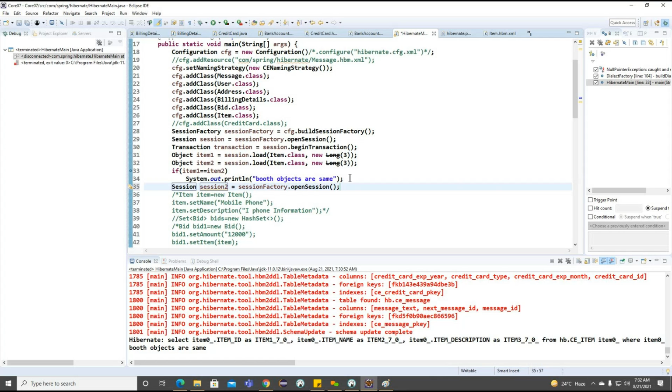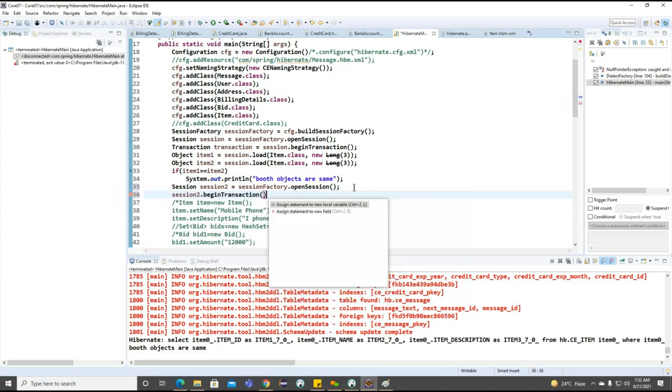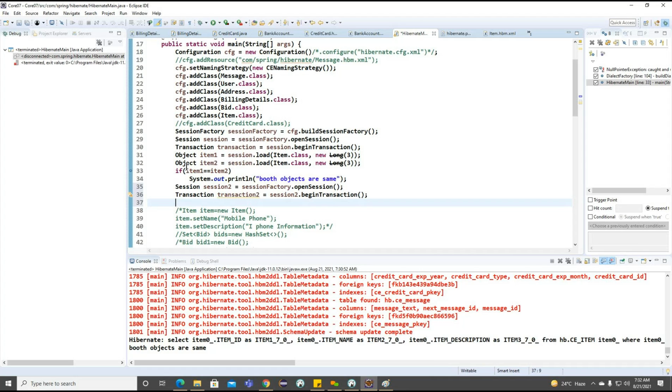With the help of this session 2, I will try to find out one more transaction here. Session 2 dot begin transaction, so this is also transaction 2. And I will try to connect our example with the help of this session 2 here.